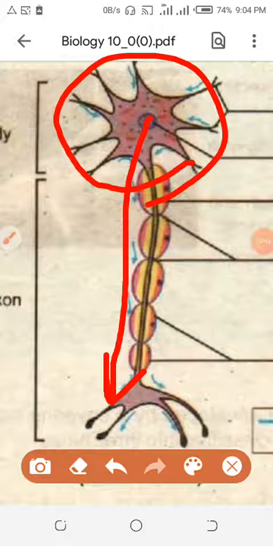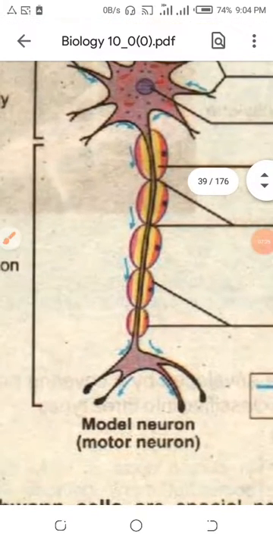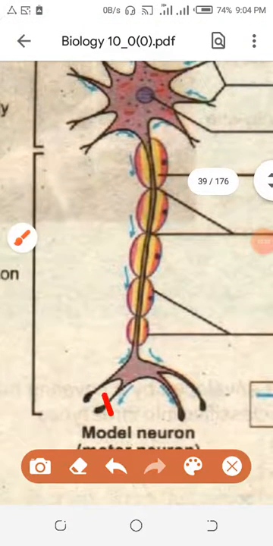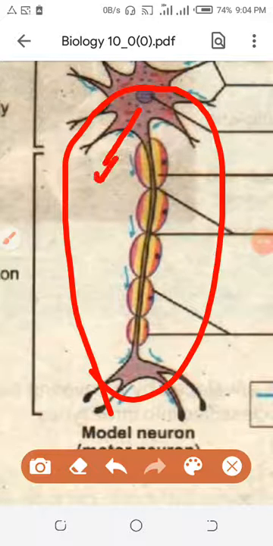So the neuron. Okay, the circular identification is telling this is the cell body. Why is it called the cell body? This complete thing is the cell. If I label this complete thing as the cell, you should not say that only this upper part is the cell. No, this upper part is a part of the cell. This complete thing is the cell. This is the cell body. I am telling you the parts of a neuron, the structure of one neuron.